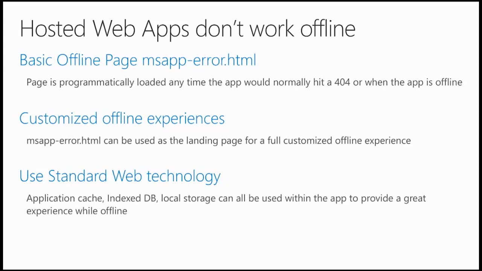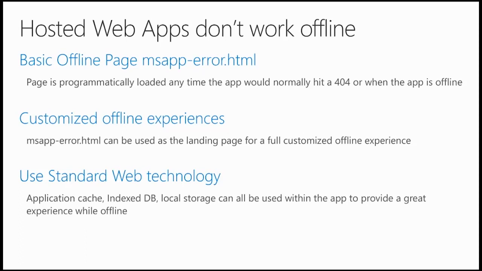So one way to deal with this is you can use, of course, the standard web technologies such as IndexedDB or app cache to provide some offline experience for your application. So you just cache some data, some pages inside of your application. It works exactly the same as it would work when building a normal web application. So you can use the standard web technologies, but what we have built in is, as you can see here,